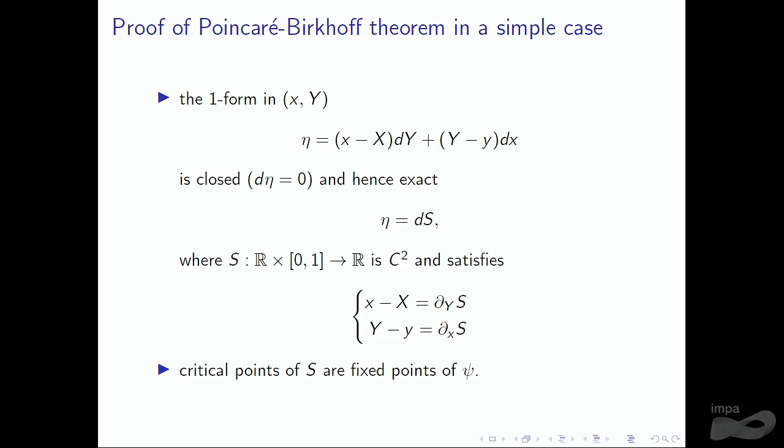But this is very simple because this map preserves the boundary components. So capital Y and little y coincide in each boundary component. So this guy is equal to 0 in the boundary component. So when you integrate this function in the x direction, you integrate 0, so it's 0. So this function does not accumulate something, even if the derivatives are periodic. The function itself will be periodic in this direction, which means that this function s,